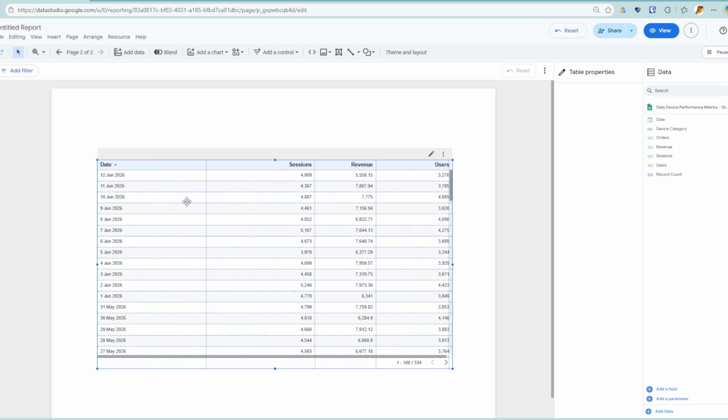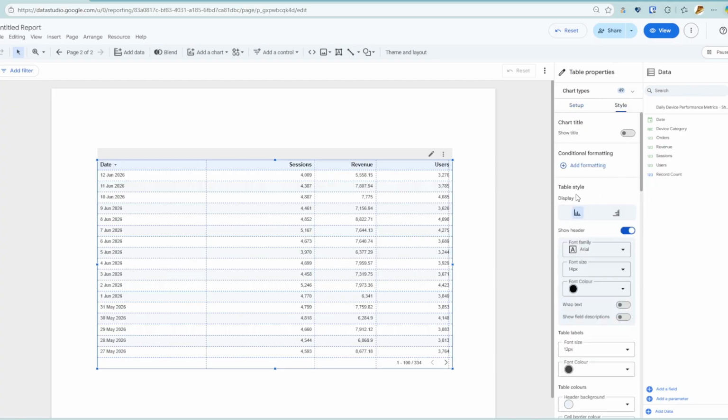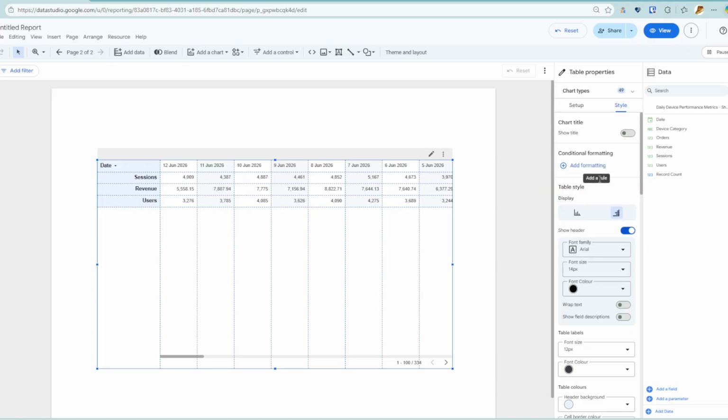What you will have to do in order to put the measures as rows is to go to the Style tab here. Don't look for any text, you just need to go to this Table Style and Display section where you see these two bars, and here you're just flipping this one to horizontal and bam, you're having the metrics